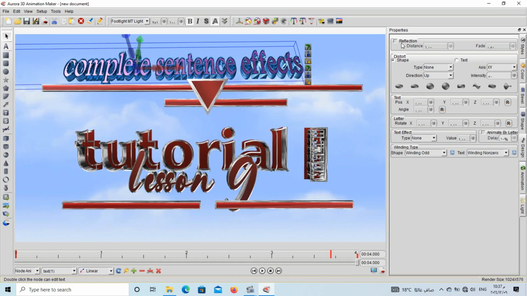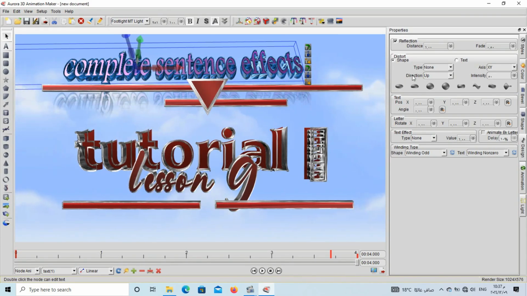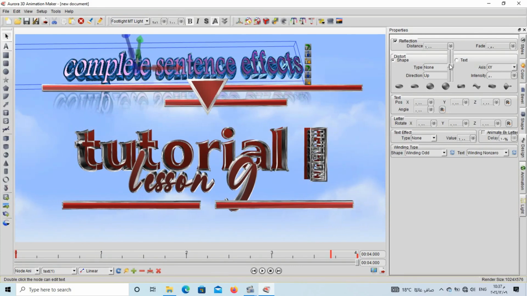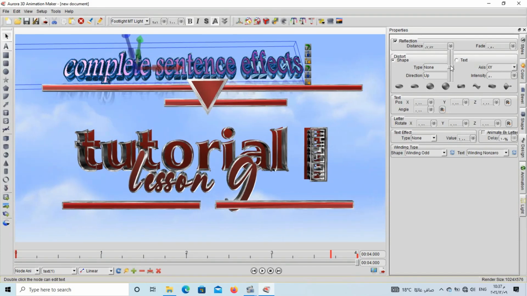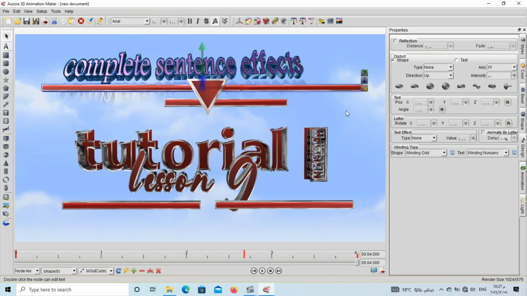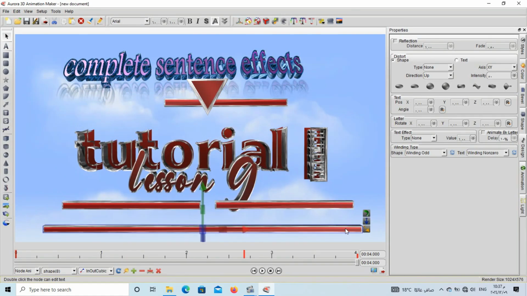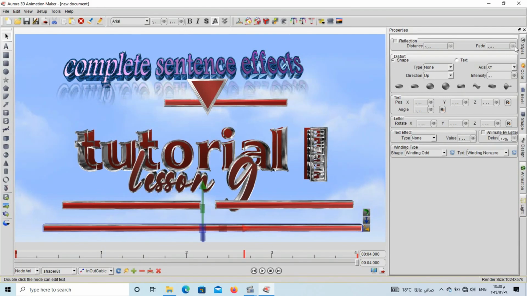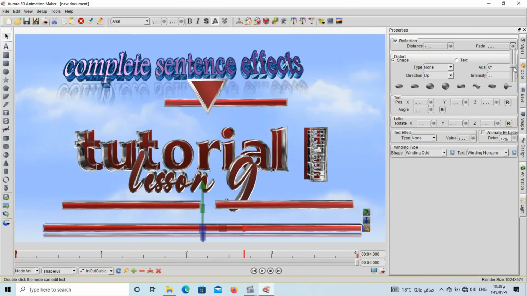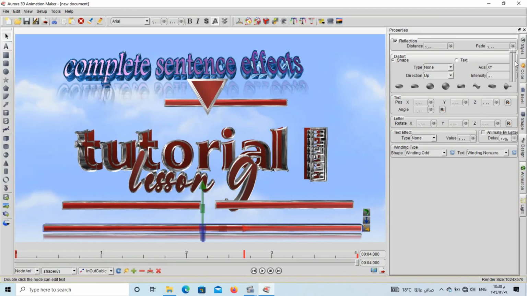Design menu allow apply different modification like reflection you've added before, fade and distance. If you want to add different distance for the reflection, just select the text, just mark the reflection menu. And I will move this down here. Let's say I will add reflection and add fade. Fading decrease the fade of